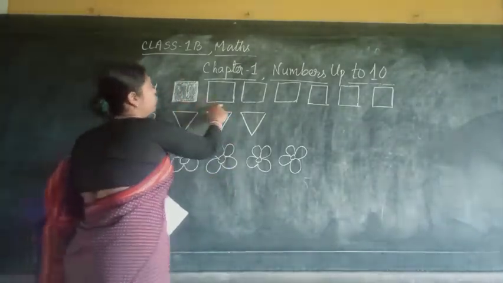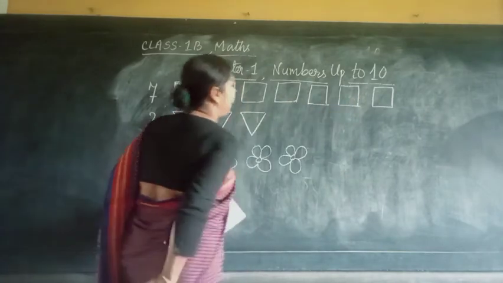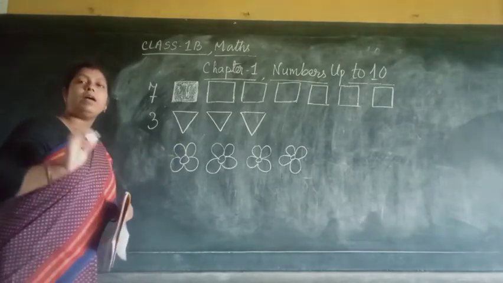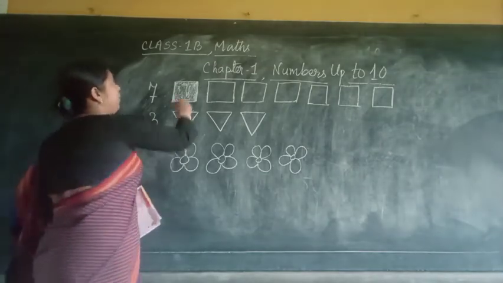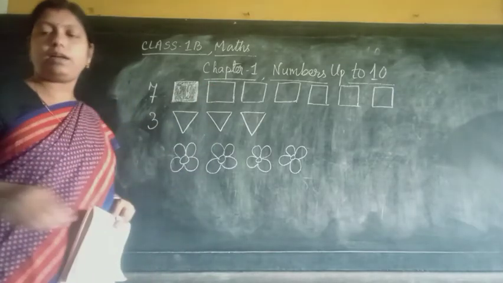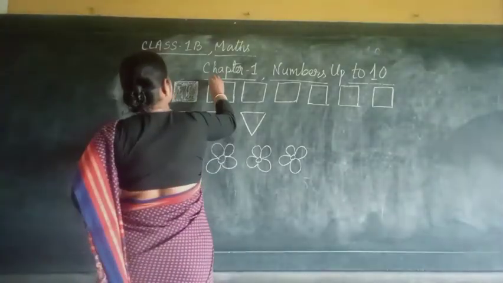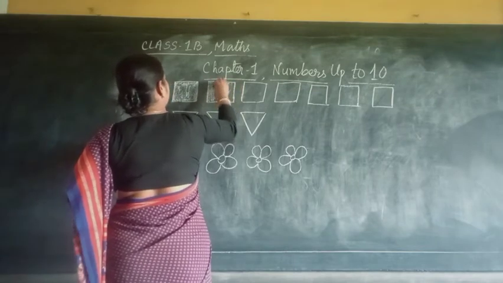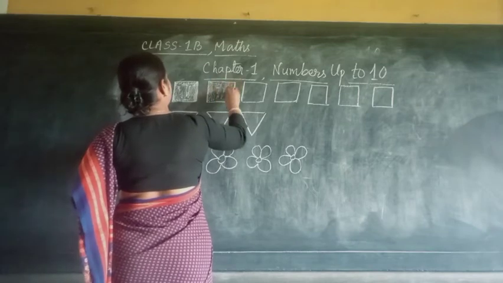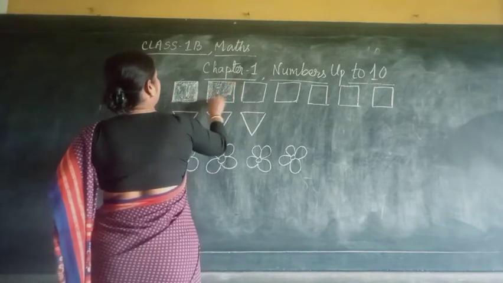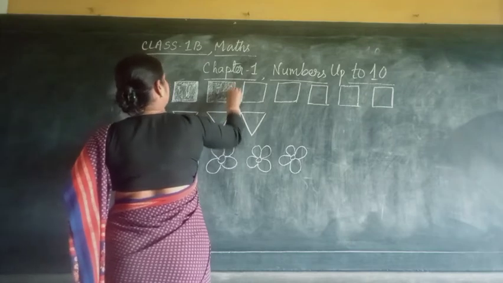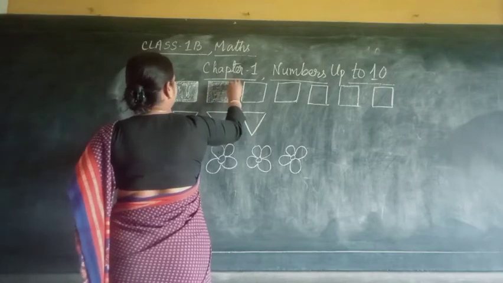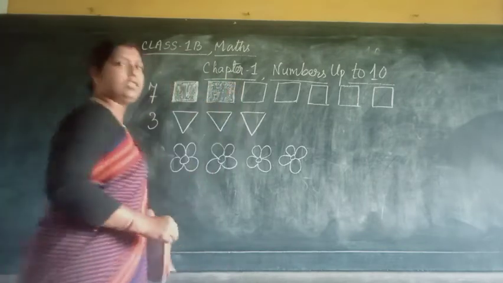You see here 1, 2, 3, 4, 5, 6, 7. I have drawn 7 boxes and I have colored one box. Okay. In that way you are going to color it. Okay. So you see here, in this way you can color all the boxes. In this way you can fill in the colors nicely. You fill in the colors with whatever colors you want, according to your choice, alright? Okay, in this way you fill. All the 7 boxes you fill.